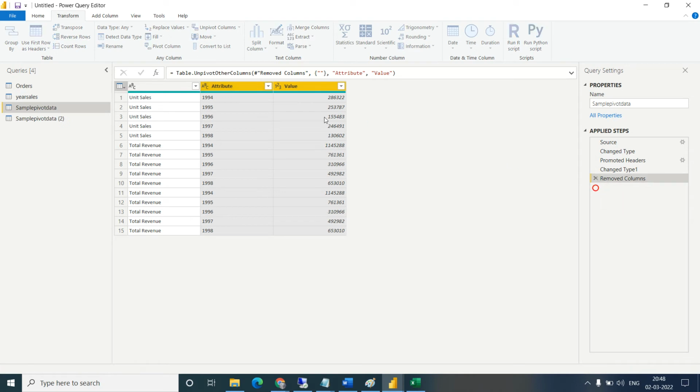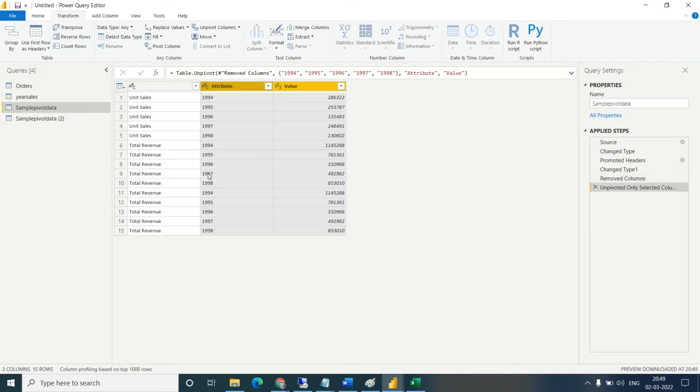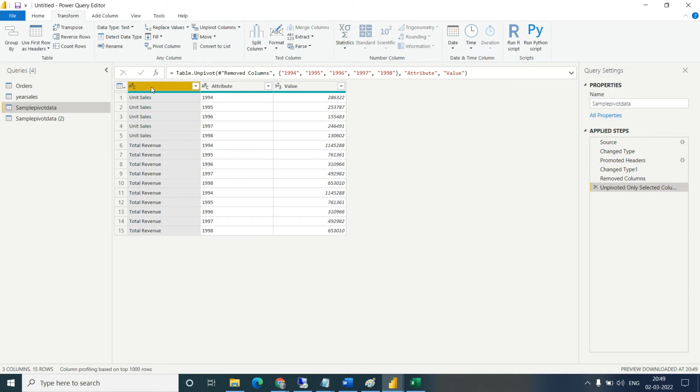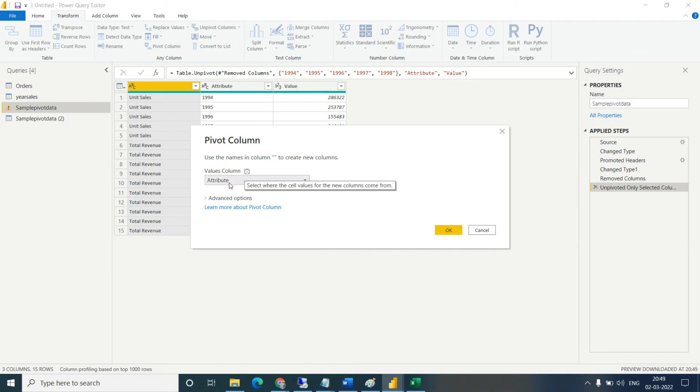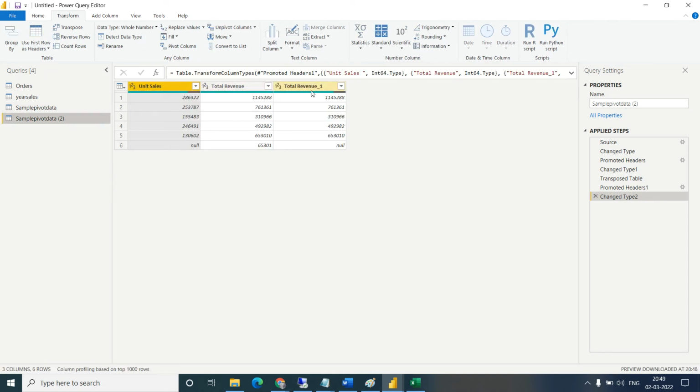Last time what we did, the set. And I'm going to try to do the pivot, and what will be the value inside. So you can see we got total revenue only 1 time, but in the transpose it is not able to find out whether it is a duplicate or unique.